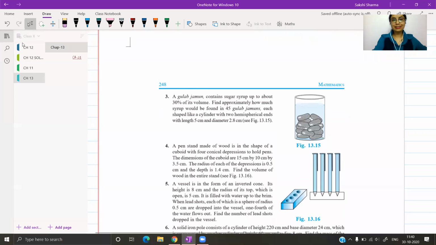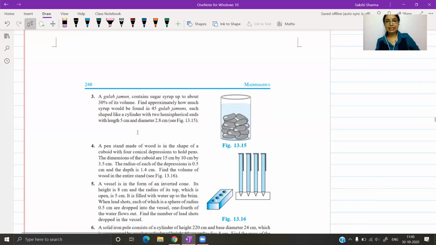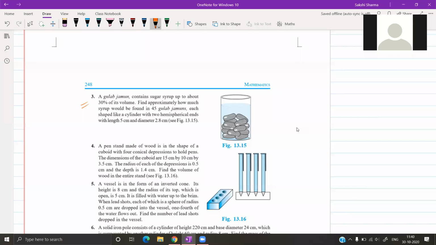Question number 3. A gulab jamun contains a sugar syrup up to about 30% of its volume. It's an important question. Find approximately how much syrup would you find in 45 gulab jamuns, each shaped like a cylinder with 2 hemispherical ends with length 5 centimeters and diameter 2.8 centimeters. This is the gulab jamun that